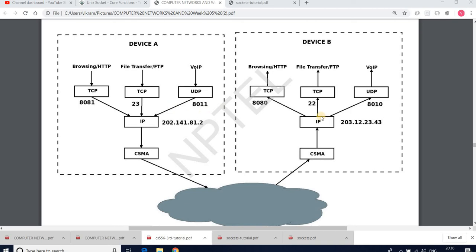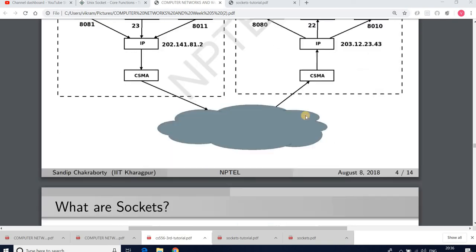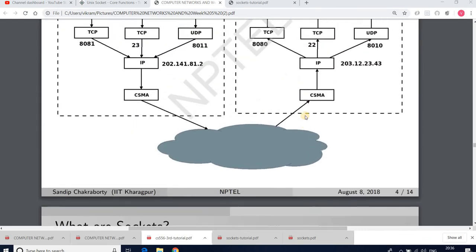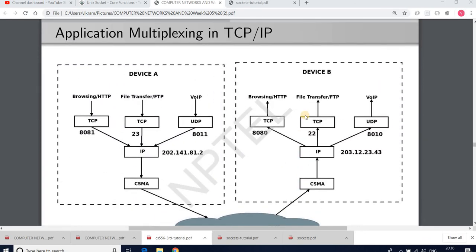Now let us see what a socket is. A socket is basically a logical connection from one process to another process. Here you can see that these two browsing applications at two devices are communicating with each other.